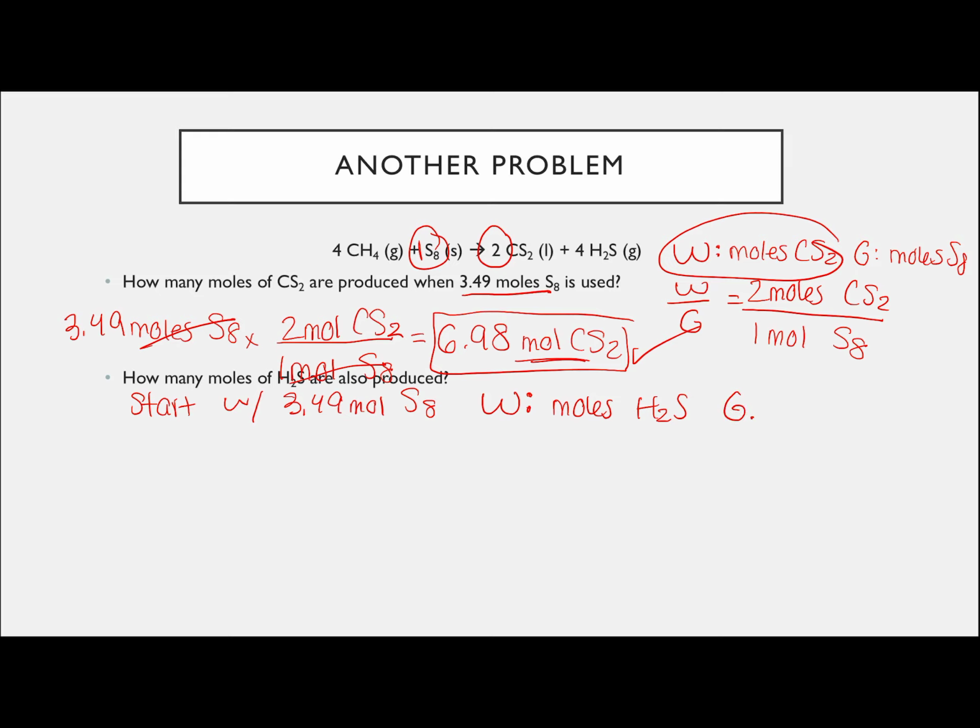Given, 3.49 moles S8. Wanted over given, our ratio, wanted is 4 moles right here, H2S. Given is